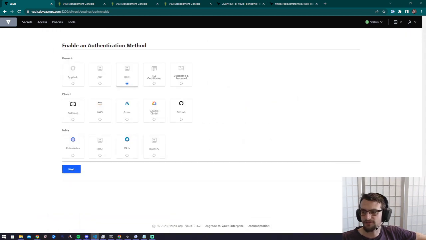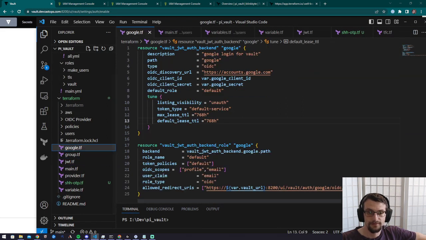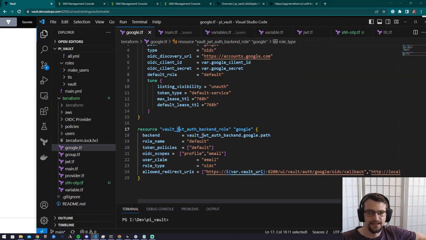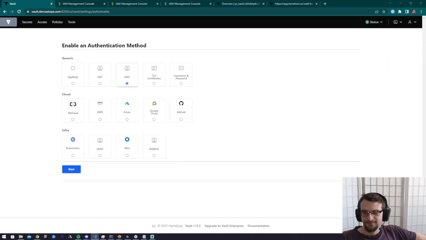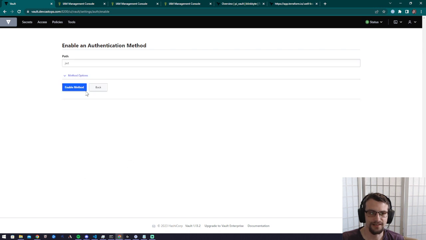I don't know if there's a difference, because for Google it's OIDC, but it's the JWT auth method, but the role type is OIDC. I wish I knew the difference between them. I wonder if they'll homologate them, like what they did with LDAP. The secrets engine, LDAP and AD, have been homologated because they were very similar. Or I wonder if it's like SSL and TLS, where one doesn't mean the other, but one can be both. So it might be like OIDC is, because if you go into JWT, okay,